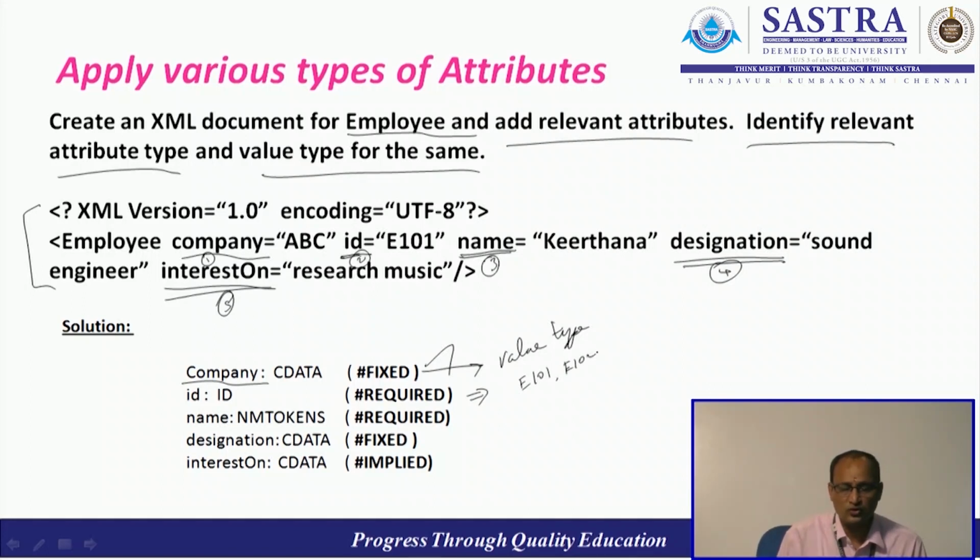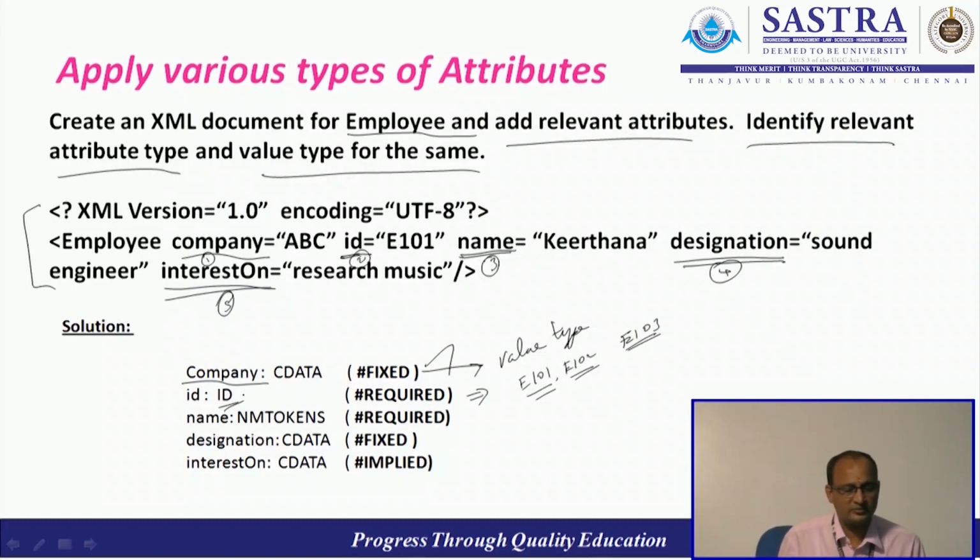It should grow, and these values should not be repeated. If you enter any value, it should not already exist, because the ID value should not be repeated. None of the employees should have the same value; they should have unique values. I should go for the ID type for